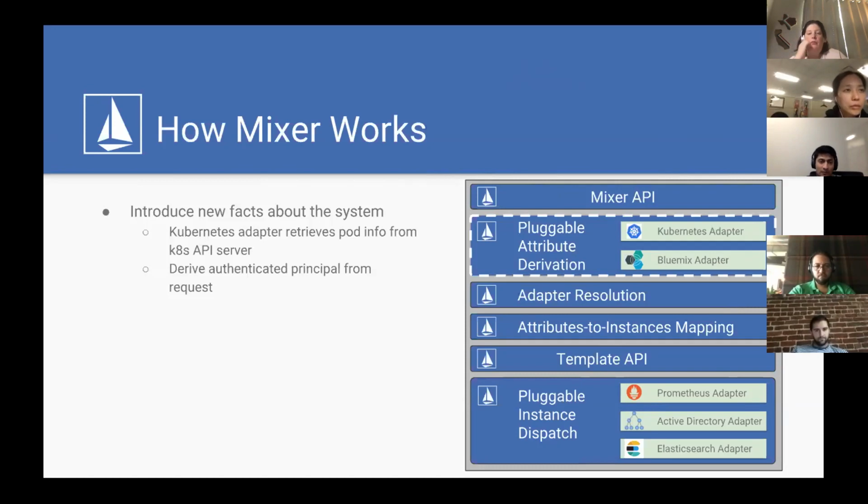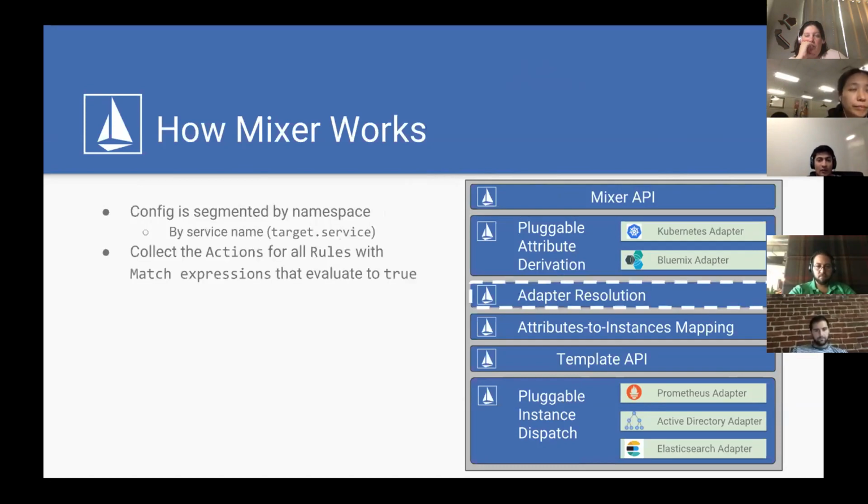Yeah. So getting back to our flow. After the first step of knowing extra information about the request, metadata about where it came from and where it's going, we move on to this adapter resolution phase. Adapter resolution decides which of the adapters are going to be invoked for this particular request and which of the adapters apply. So in the rule,